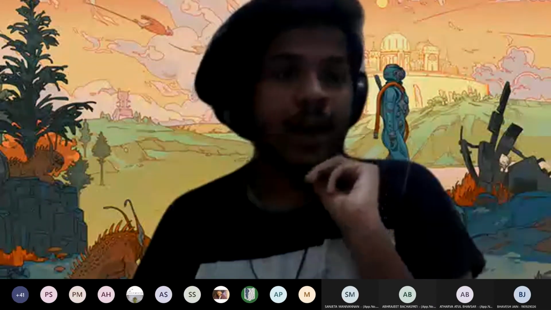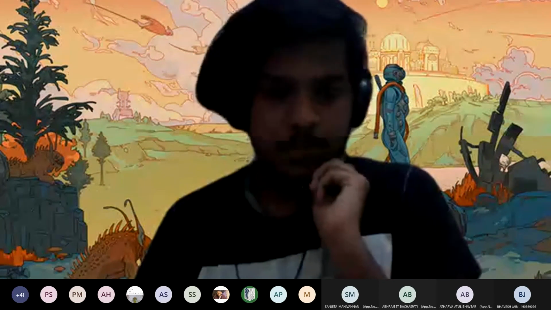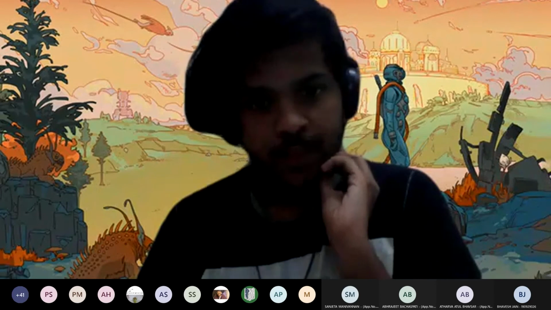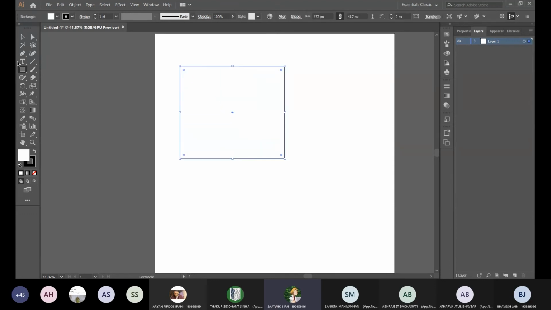So, like Bhavesh has covered a lot of the basic stuff. Now we'll go to the drawing portion, where we start making stuff. So, for the basic creations and all, we use this tool, shape tool. You can make rectangles.